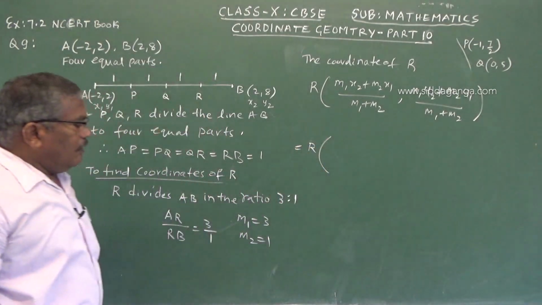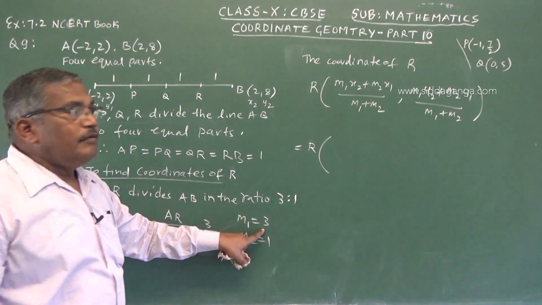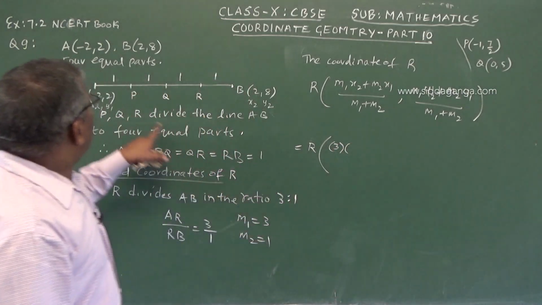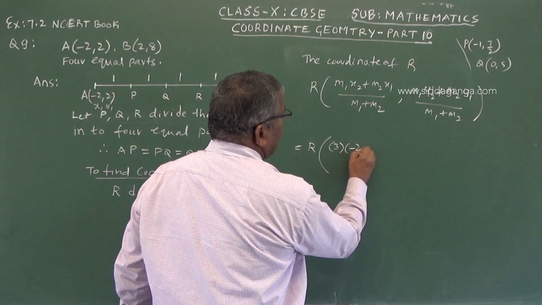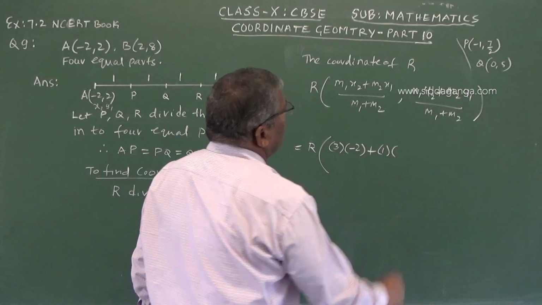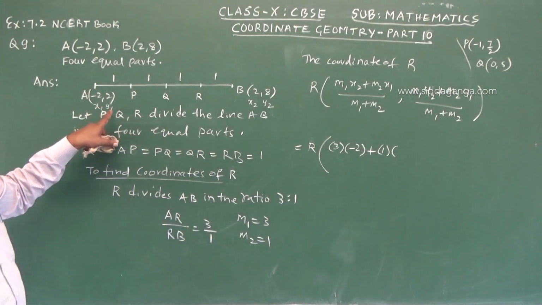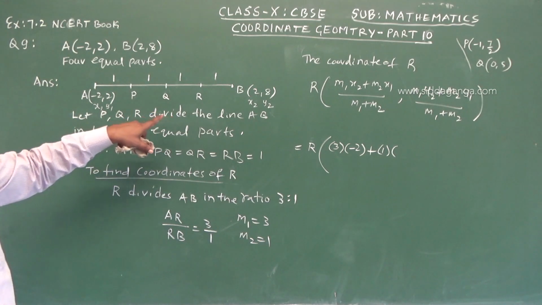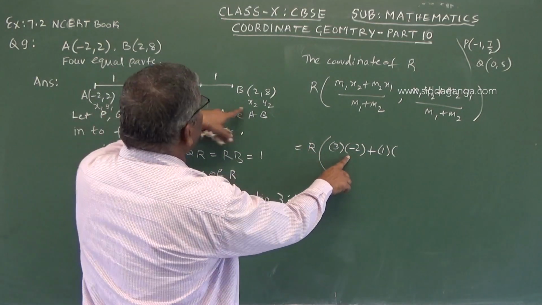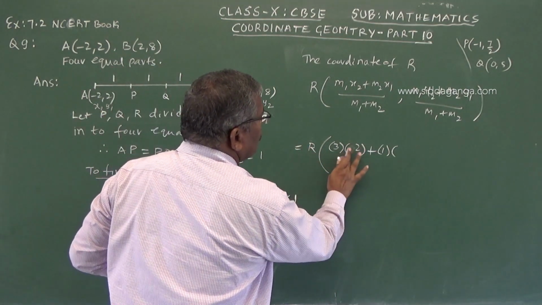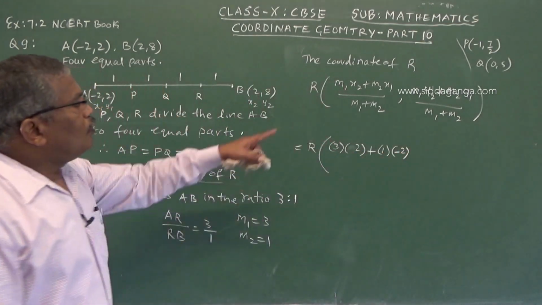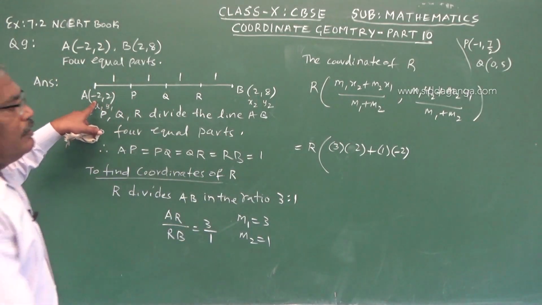M1 is 3. Be careful. M1 is 3, x2 is plus 2, plus M2 is 1 and x1 is minus 2, sorry, this is plus 2 and this is minus 2, because M2 x1 is minus 2,